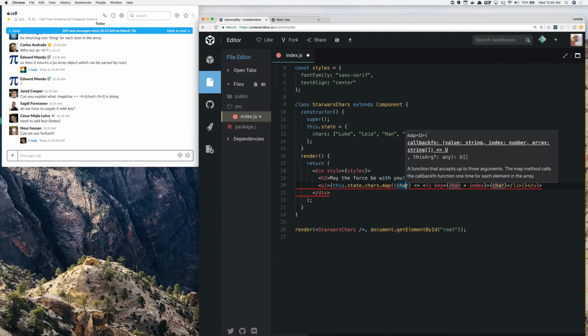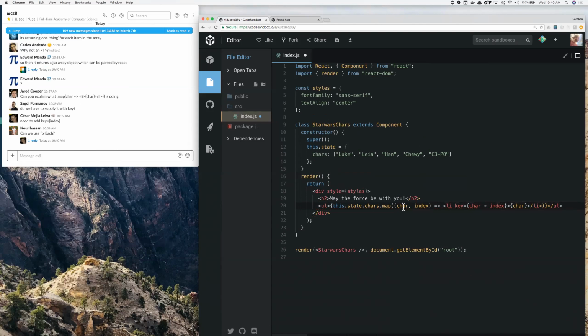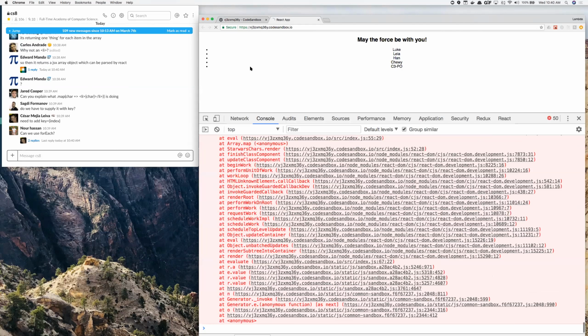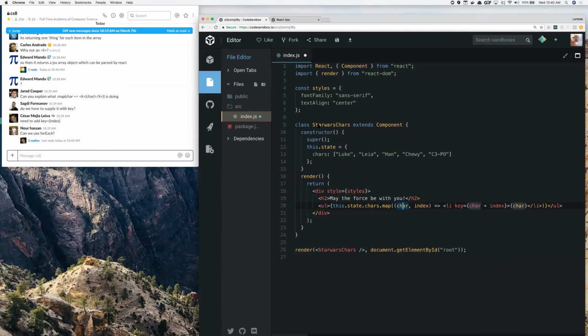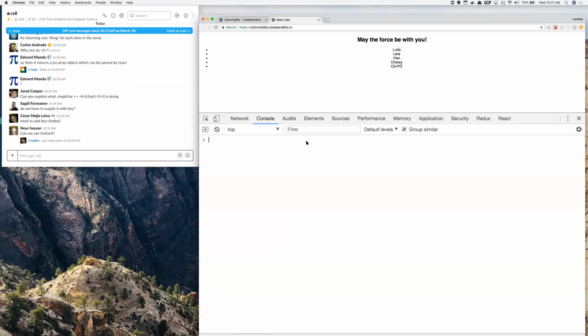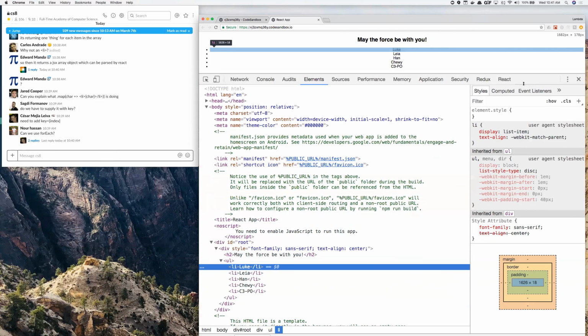And to do that, I have to add parentheses and then define our index. So now, if I were to reload the page, I probably ought to save that. Let's see what happens here. You'll see there's no more errors, and if I inspect this and look at what gets built onto the DOM,